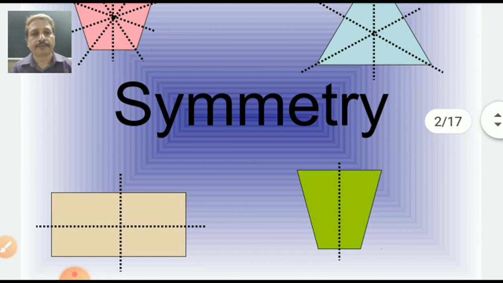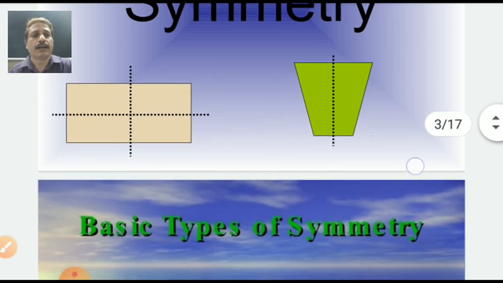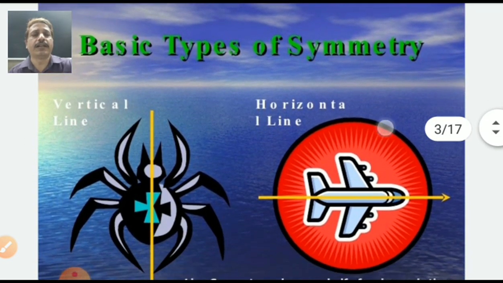Good morning. Welcome once again to our Standard 7 Mathematics subject, lesson number 14, Symmetry. Have you seen, here 4 pictures are given? One is a triangle, one is a rectangle, one is a trapezium type, and one is a pentagon. And you can find some lines are also drawn, dotted lines. Yes, my dear student, that is symmetry. Let's check what things we have to study in this lesson. See, the exact types of symmetry are 2.